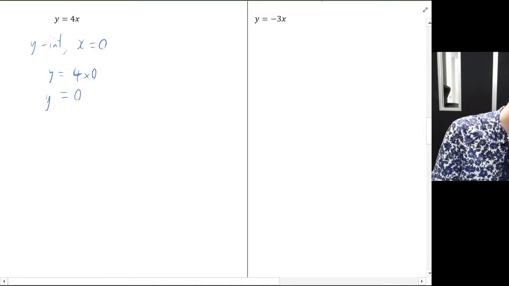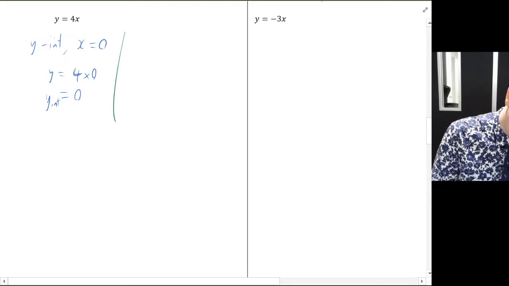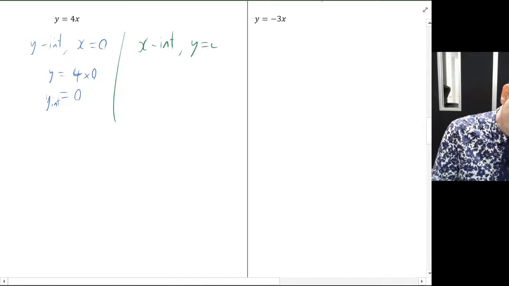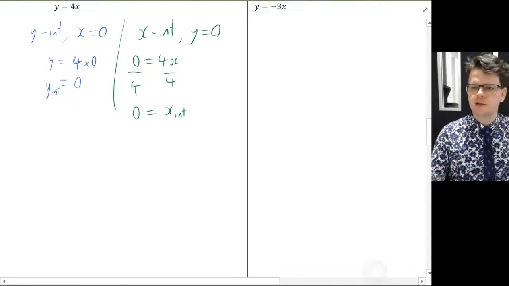Or 0. So my y-intercept is 0. Now, if you remember what I said last lesson, you won't even have to do this step. But in case you've forgotten, let's just check. 0 equals 4x, divide both sides by 4, and 0 is equal to my x-intercept. Alrighty, so